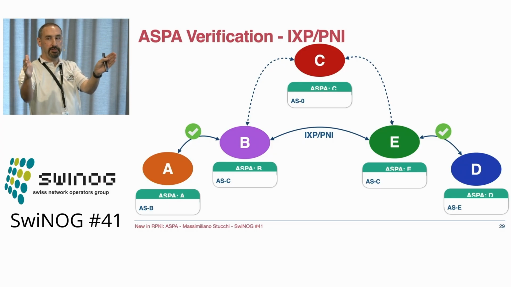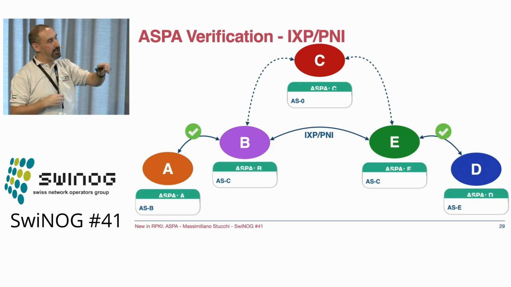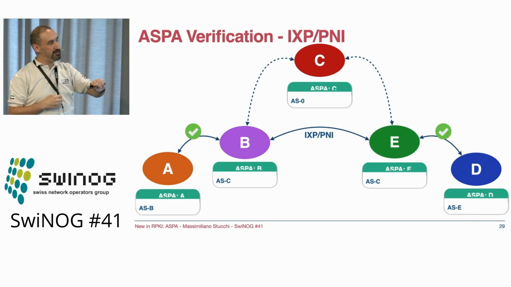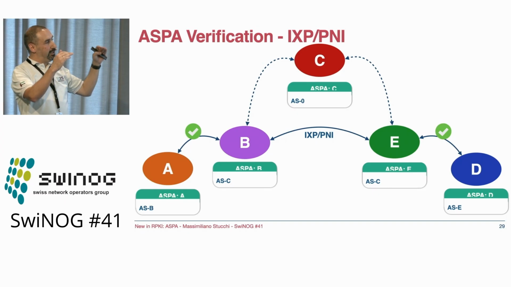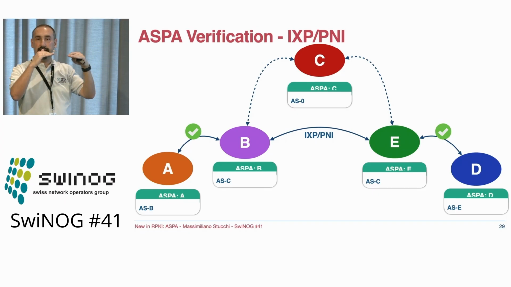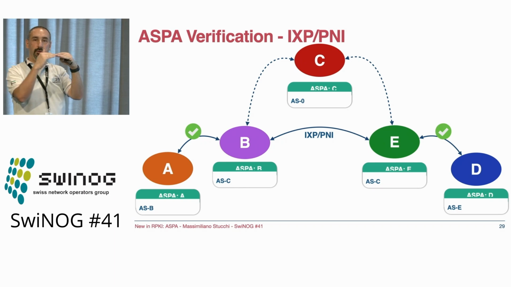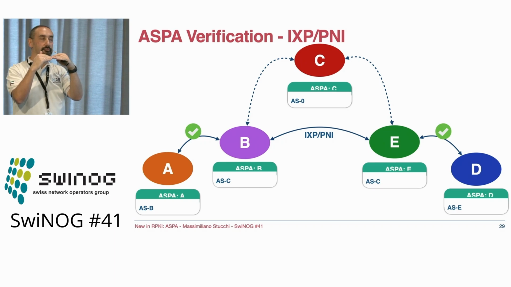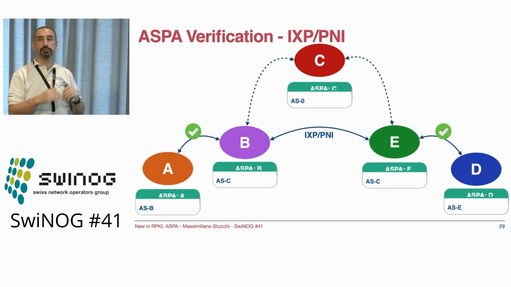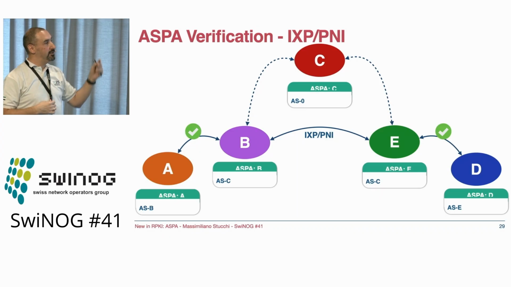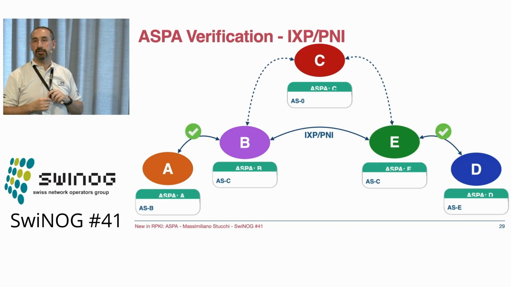On the other side, we do the same kind of validation. D to E validates because D lists E. E to B doesn't, because E only lists C as an upstream. But then B and E are both at the apex of their ramp. So when they talk to each other, that's fine, and they don't represent a transit for each other. They're just at the apex of the two ramps. And this means we can validate the path and it's perfectly fine. I hope this helped.